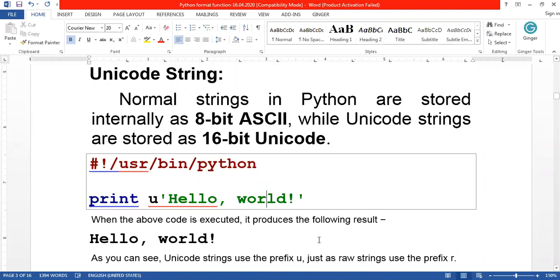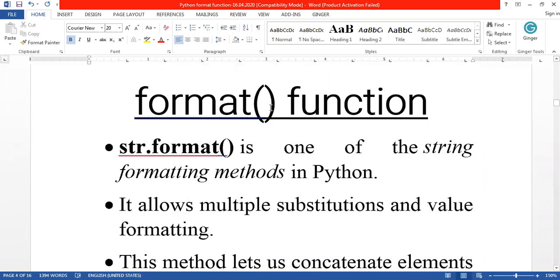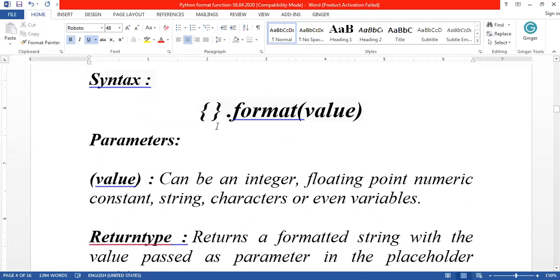Other than these things, there is a special function called the format function, which is used for formatting the string. So this is also very, very useful for formatting your strings in a different manner. The syntax that is followed is, these curly braces will be used instead of formats, followed by dot format, then value.